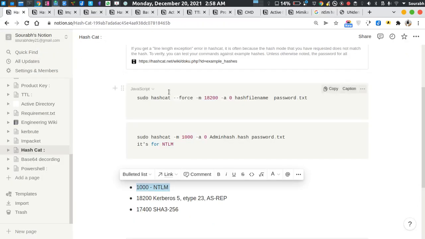What is NTLM hash? NTLM hash is a new technology hash provided by the Microsoft company itself, and that particular hash type works to store your user's password. For example, let me plug in my computer first.